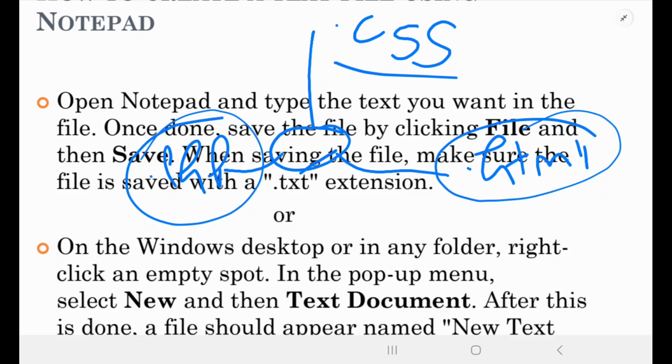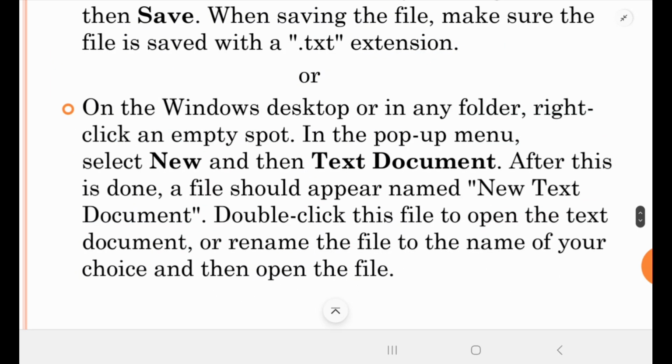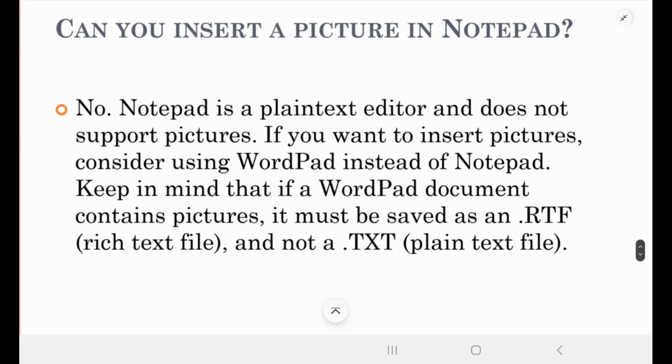This is the major functioning of Notepad, why it's so popular, and why it has a main place in